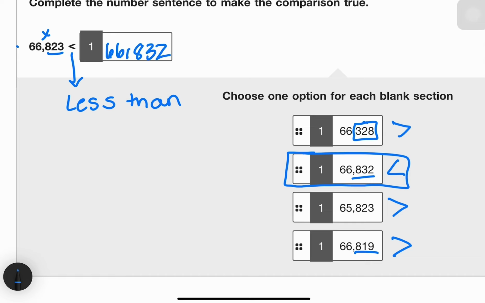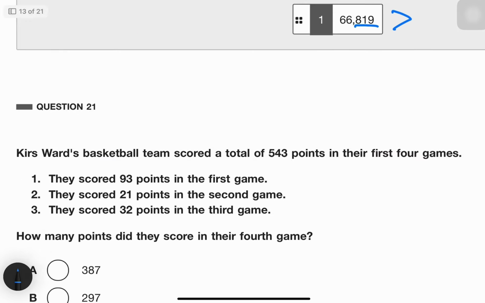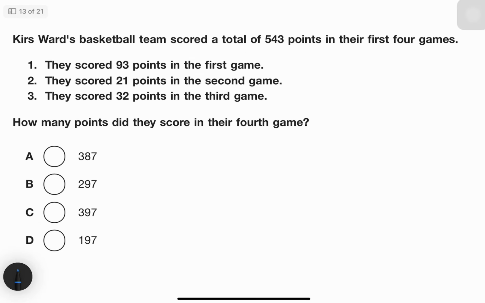Because this number is greater than this one. So you have your less and you have your greater number here. All right. Moving on to this question here, it says Chris's basketball team scored a total of